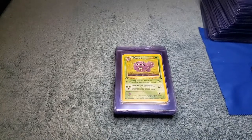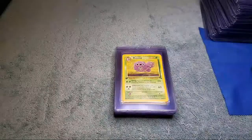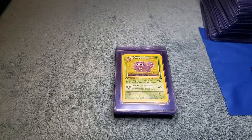Yeah, it is a pretty long wait for the cards. They look like they're auto 9 because of those corners. Yep, the corners are. That's why I like the